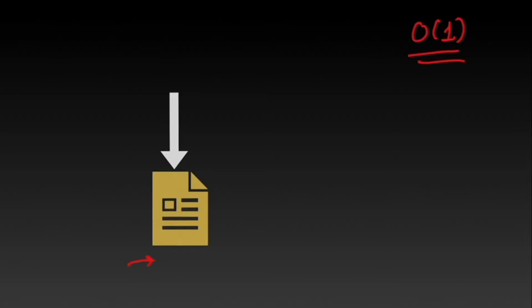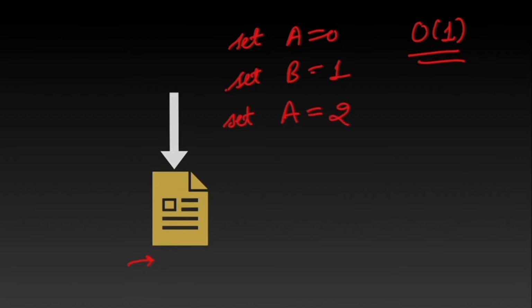As we are only appending at the bottom of the log file, the write complexity will be O(1). That is very fast. Suppose you have instructions to insert the value a = 0 in the database. So I will append set a = 0 in the log file. Now I instruct the database to write b = 1, so I will append set b = 1. Now if I try to update the value to a = 2, I am going to write set a = 2 in the log file. I am logging everything at the bottom of the log file.